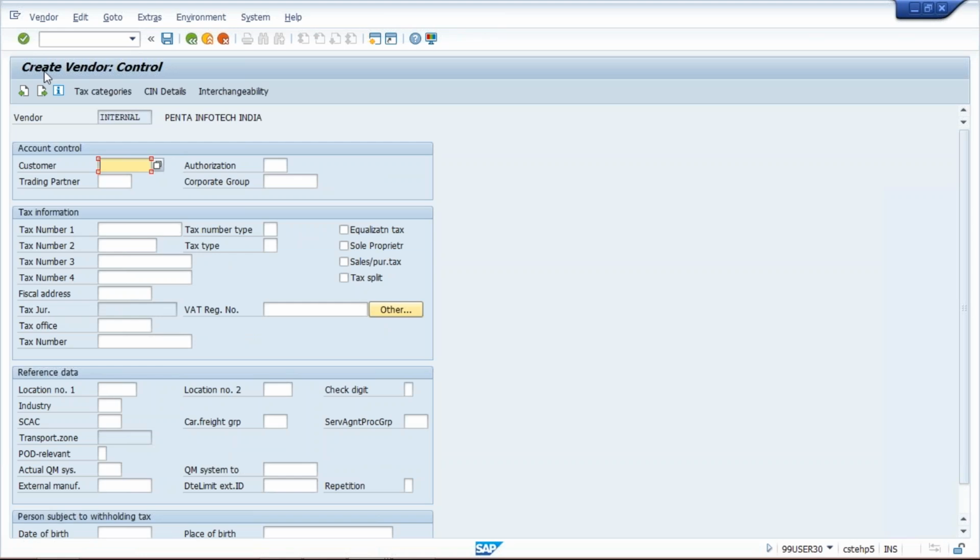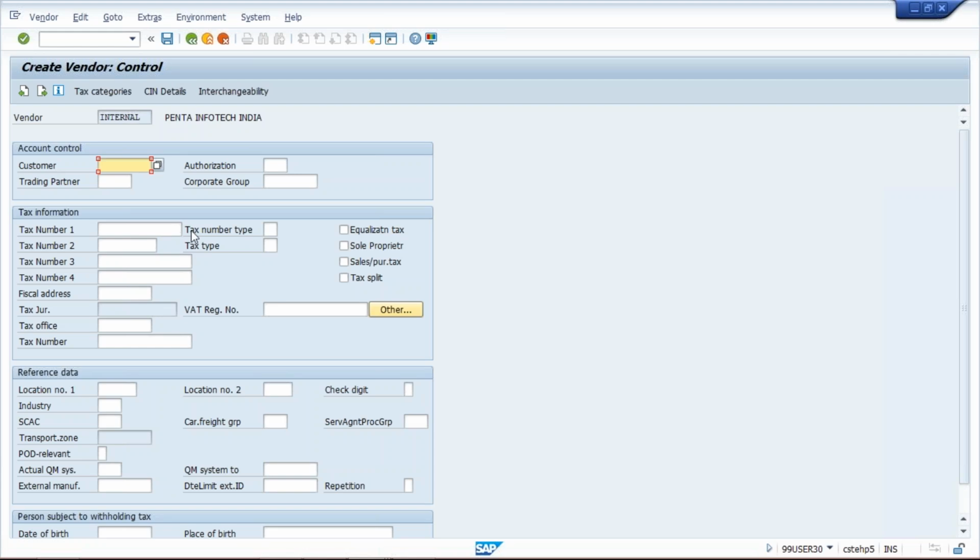Now what is the use of control? The control field will be a separate topic. The topic is like, if the vendor is also your customer. Let's suppose we are buying from Penta Infotech, and at the same time Penta Infotech is also buying certain things from Tata Motor. In that case, Penta Infotech is our vendor and also our customer. So what will happen in that case? I'll explain what we are going to do,